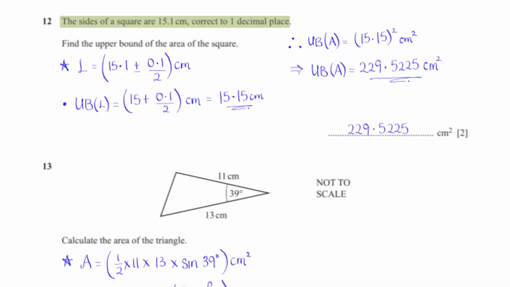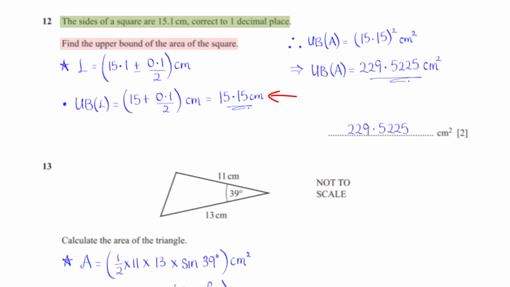The sides of a square are 15.1 centimeters, correct to 1 decimal place. Find the upper bound of the area of the square. 15.1 centimeters, correct to 1 decimal place, can be written as 15.1 plus and minus 0.1 divided by 2. Since we are interested in finding the upper bound of the area of the square, we need to find the upper bound of the side of the square. And so we ignore the minus, and this leaves us with 15 plus 0.1 divided by 2 centimeters,